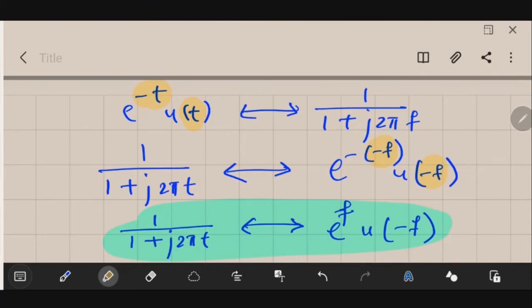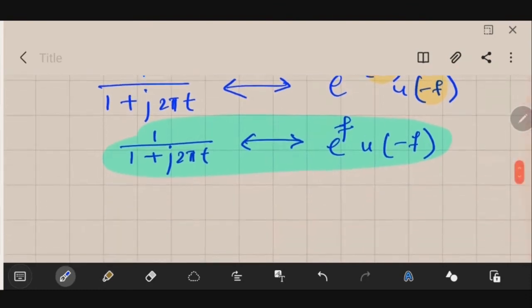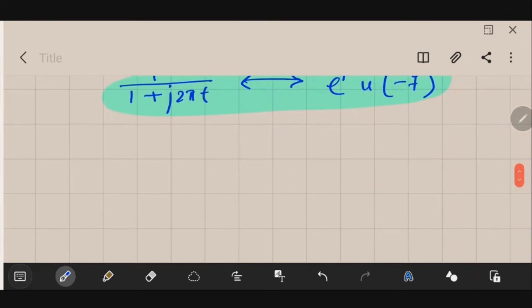So now let us go to the next property of Fourier transform, which is nothing but the time shifting property. So try to do these questions. You could expect this kind of question in the exams. At that time, when you will have less time, like in section A, you may get this kind of questions. So at that time, try to use your brain and solve in this way. If you try to directly find out Fourier transform, it will take a long time. So if you use the properties, I think you will be able to solve it in a really short amount of time. So next is your time shifting property.